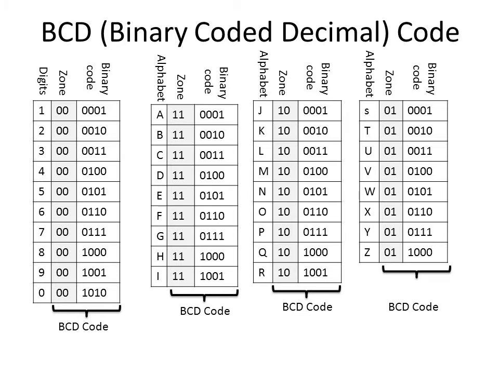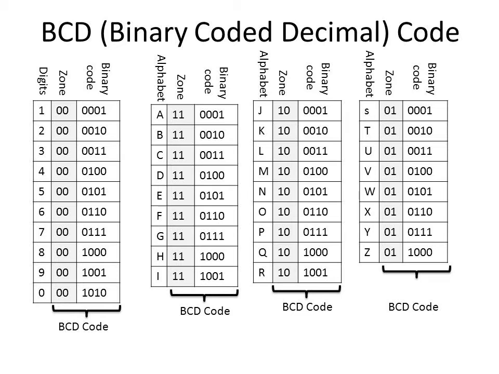In 4-bit BCD code, only 2 raised to 4, meaning 16 configurations, are possible, which is insufficient to represent the various characters used by computers. Hence, 6-bit BCD code was developed by adding 2 zone positions, with which it is possible to represent 2 raised to 6, meaning 64 characters.